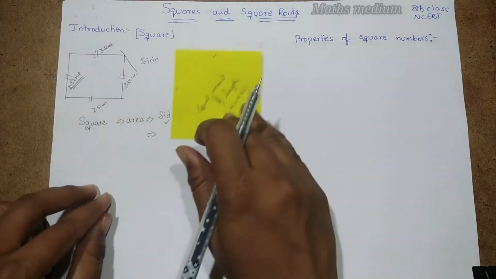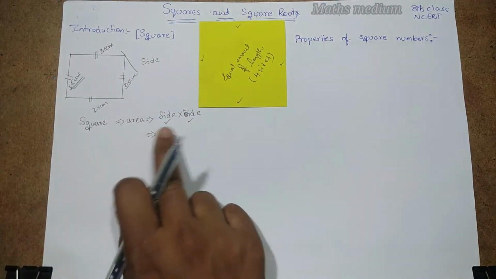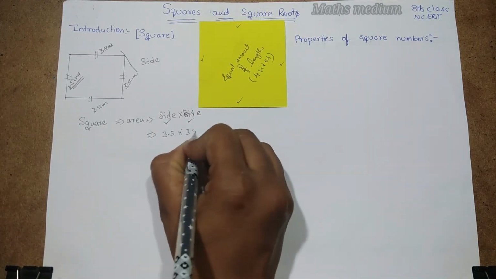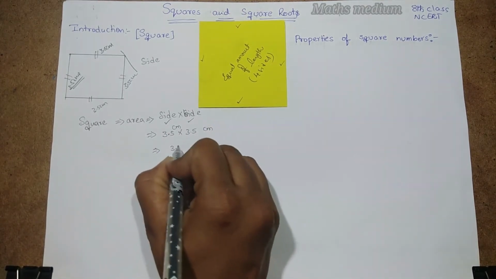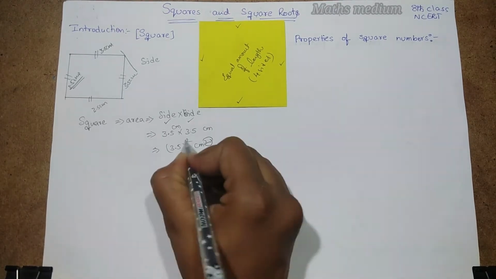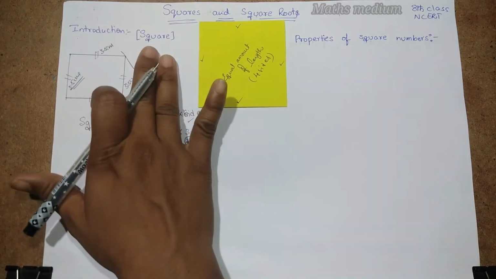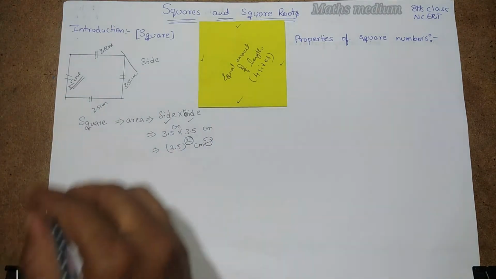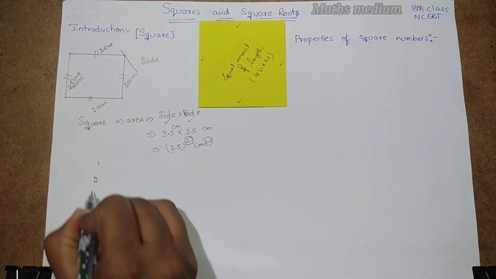If we want to find the area of the square, we have to do side by side multiplication. So it can be written as 3.5 into 3.5 centimeter, here also centimeter. See here, 3.5 whole square, centimeter square also. It means this square is part of our lesson, that is the square introduction. This is just an example. Now going through the squares, we know the numbers, if you take 1, 2, 3,